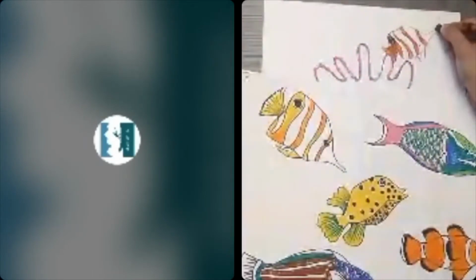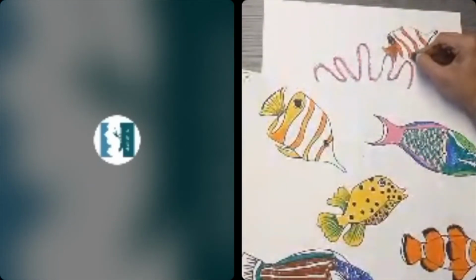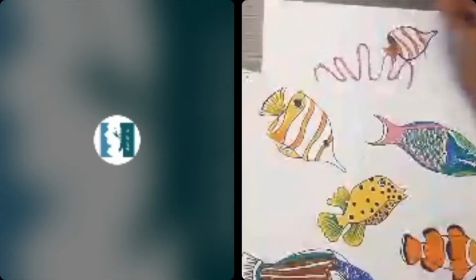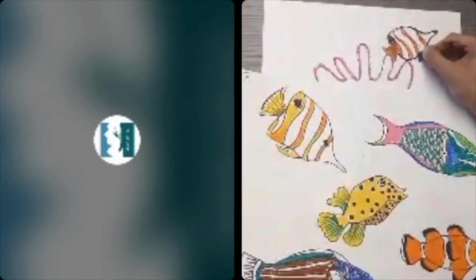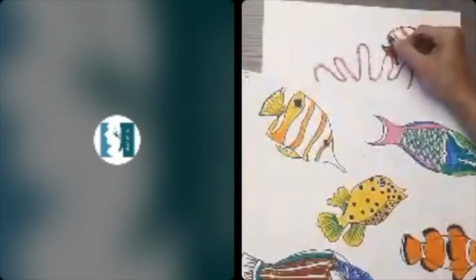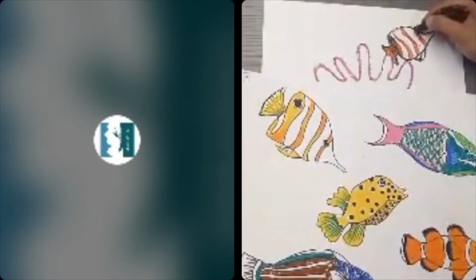To make it just a little clearer, I'm going to take my black oil pastel. Okay, and this is just going to give it a bold outline. Color in the eye, the stripes.